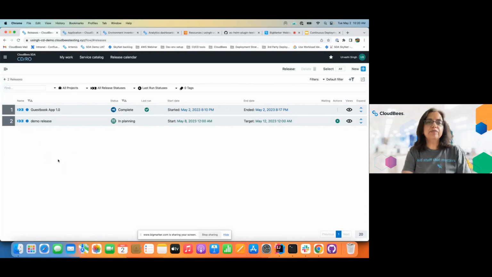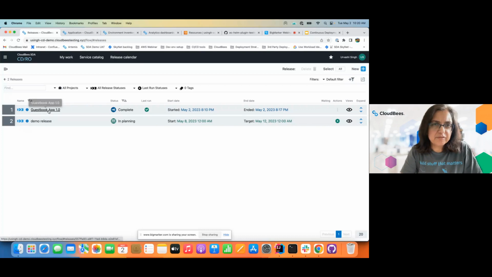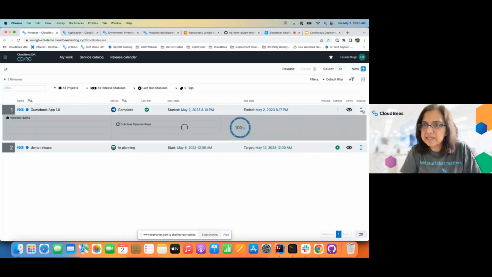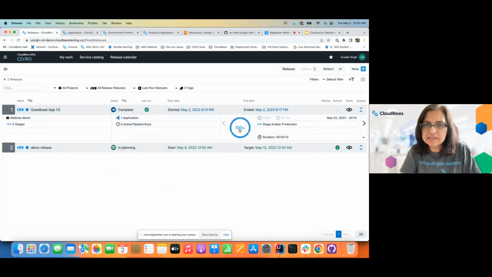Okay, so before I start off with the demo, I just want to explain some of the concepts in CDRO, our solution for continuous delivery and release orchestration. One of the key pieces is a release concept in the system. A release is the delivery vehicle that you would use to deliver your new features or software to your users. And if I drill into an existing release that I have already set up here,